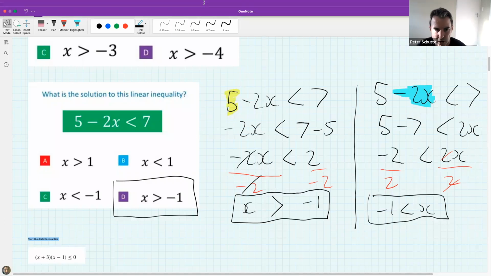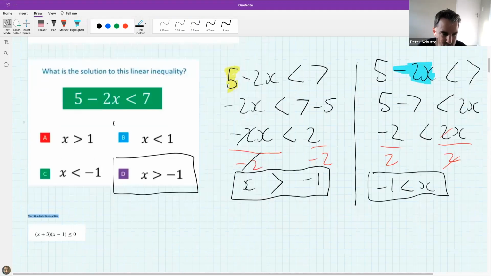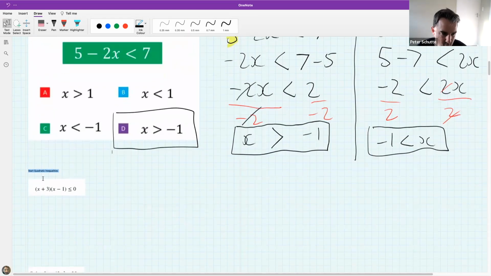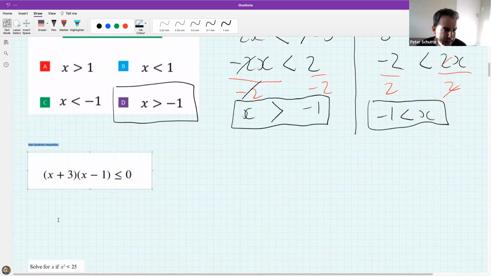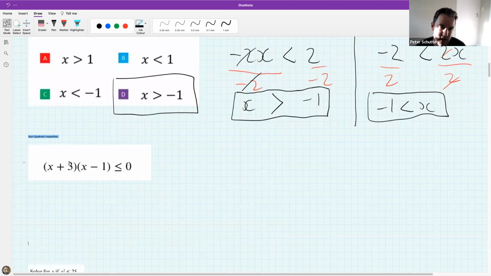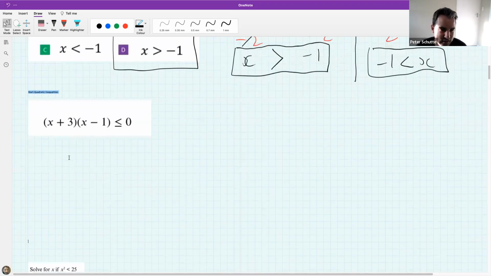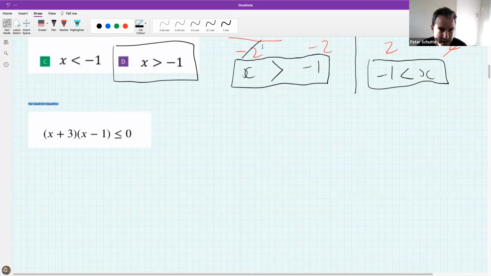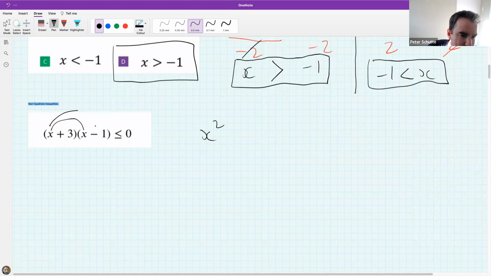All right, so now the second part of today's lesson is going to move from what we call linear inequalities to a quadratic inequality. Now, that sounds like a bit of a fancy word. Why would this be? I mean, in some ways, this is factorized already, so it's a bit hidden away. So let me actually multiply this thing out for you. So you don't have to multiply it out. In some ways, I want you to keep it like this. But just to show you what I mean,